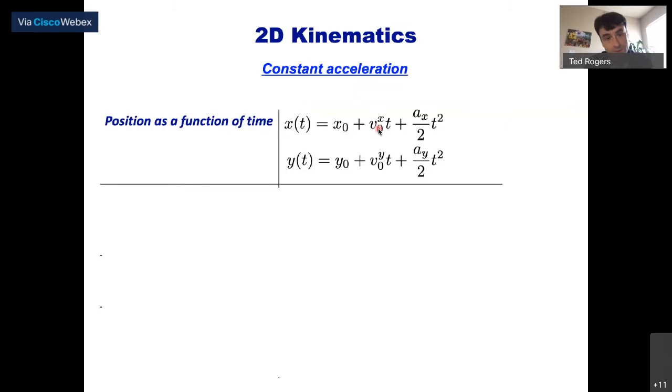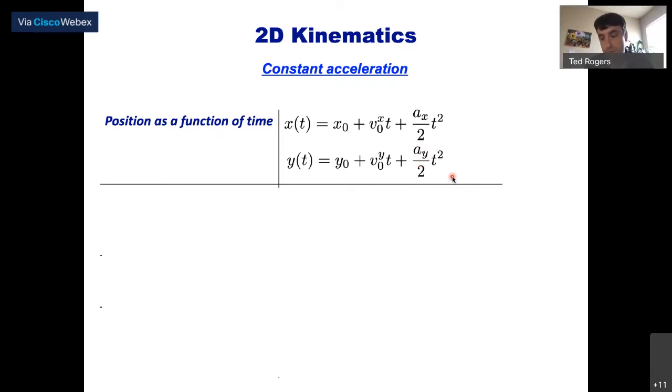Their later positions are given by these equations, where we've got an initial velocity in the x direction, an x component of velocity equal to v0x, and an x acceleration, a subscript x, and similarly a y component of velocity equal to v0y, and a y component of acceleration, a subscript y.